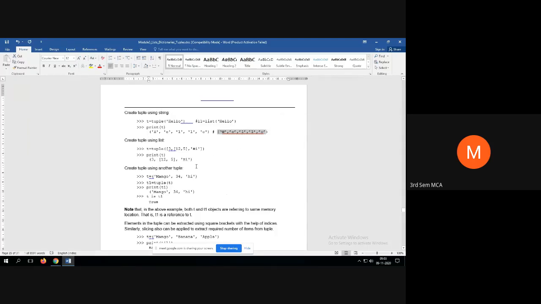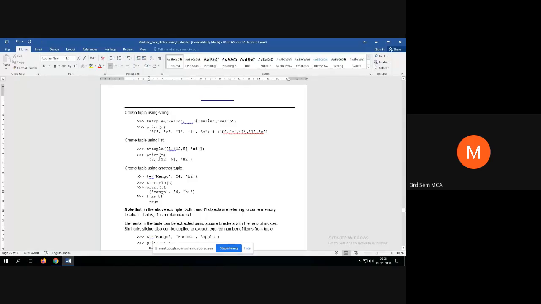Then how to create a tuple using a list? You can see here, 3 comma, and this is the existing list. This is a sublist, which is okay, a list inside the list. From here to here it is a list. So we are creating a tuple, and therefore the elements are 3.